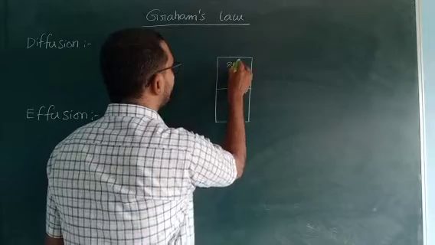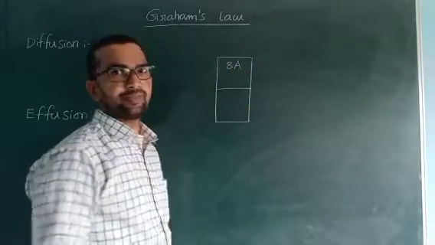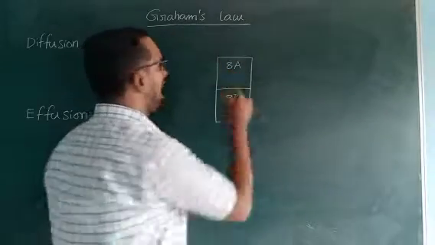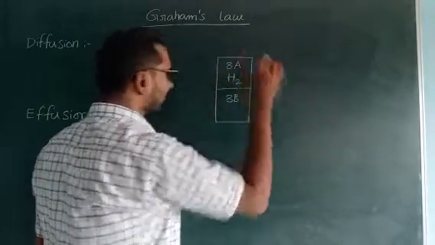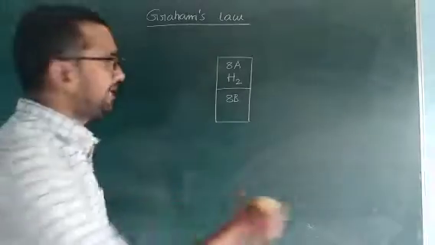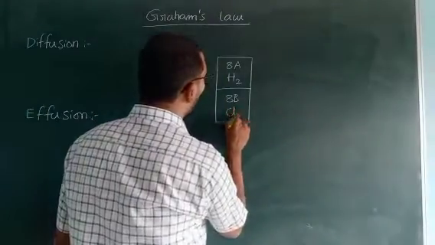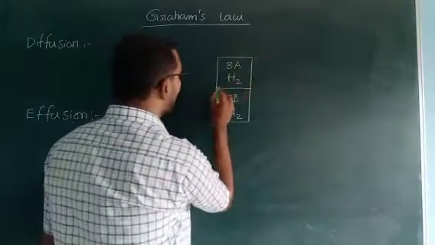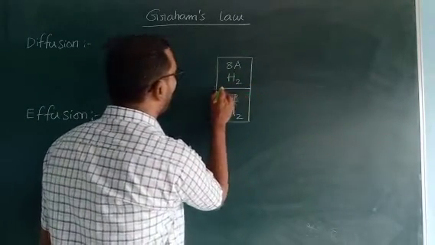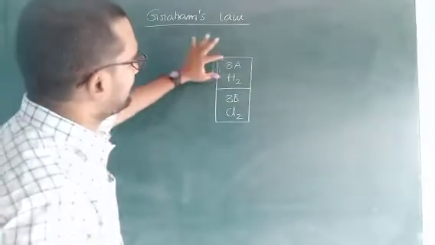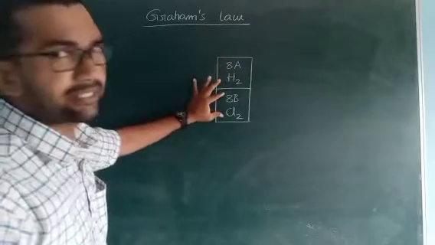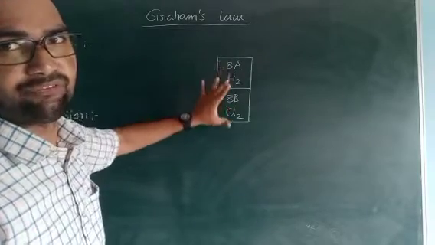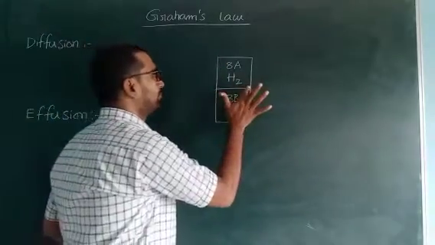This is 8th A section. This is 8th B section. In 8th A section, hydrogen gas is present. In 8th B section, chlorine gas is present. But these two are separated by one small wall. So one gas is present in A section, another gas is present in B section. So two different compartments. Now